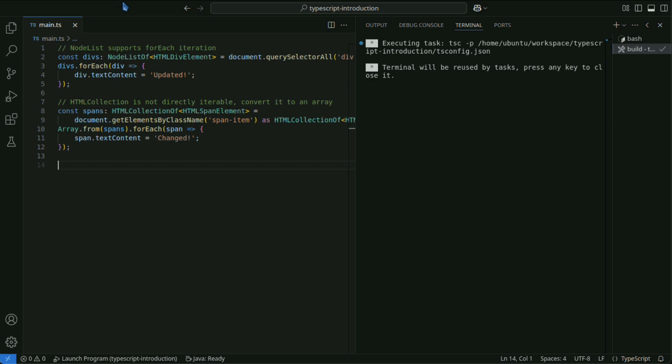This code demonstrates directly manipulating a NodeList with forEach and converting an HTMLCollection to an array for iteration.